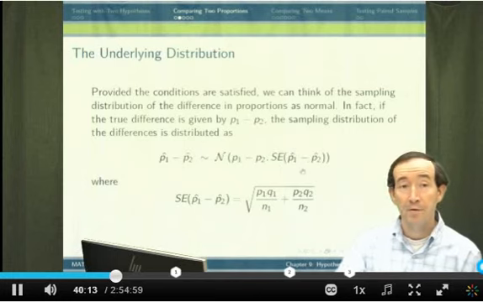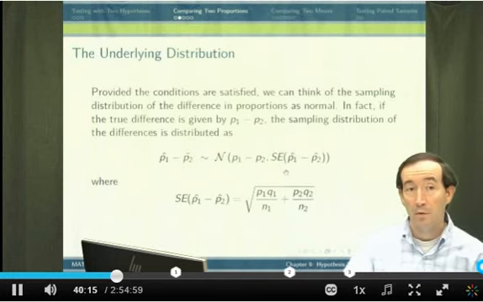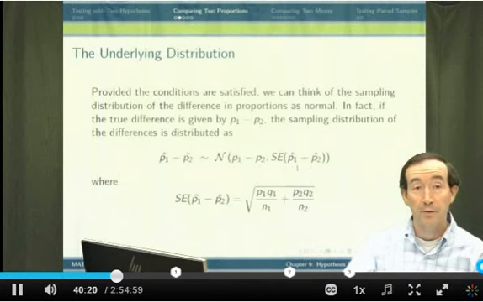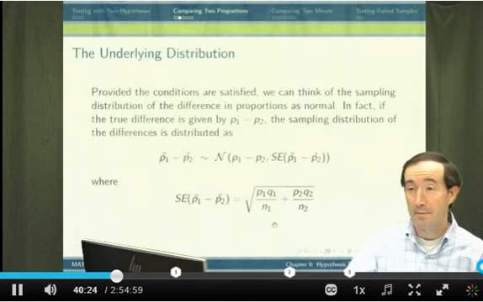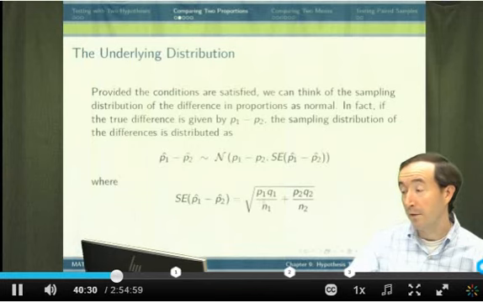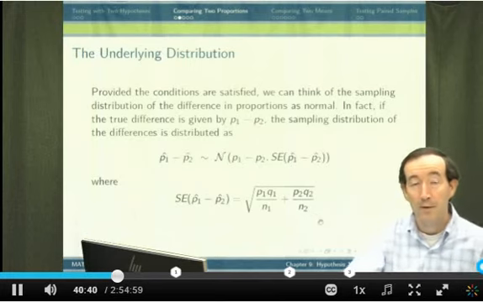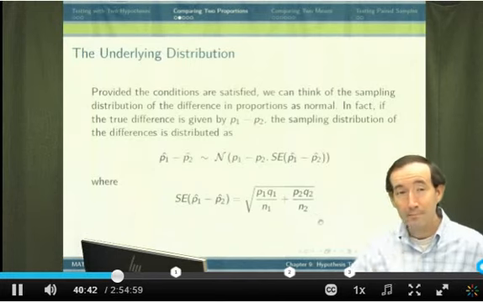And the standard deviation of that sampling distribution, or the standard error, is computable here as well. Unfortunately, it's not quite the same as what it was for one sample. It's not terribly different. If you remember, when we had one sample, we had the square root of p q over n. What we have here is the square root of p q over n plus p q over n, where we're doing it for each group separately. And the reason this works, actually,